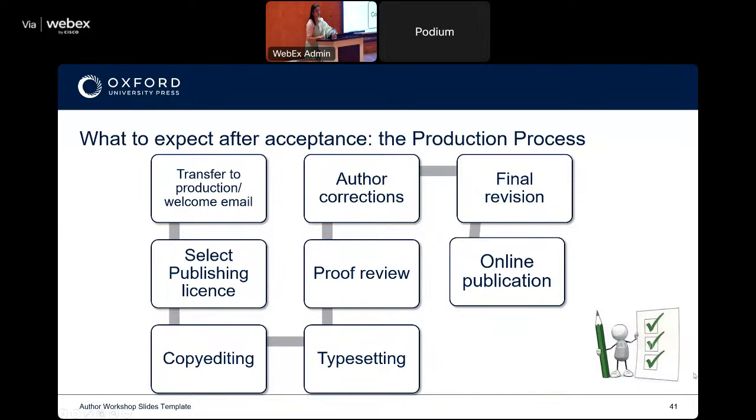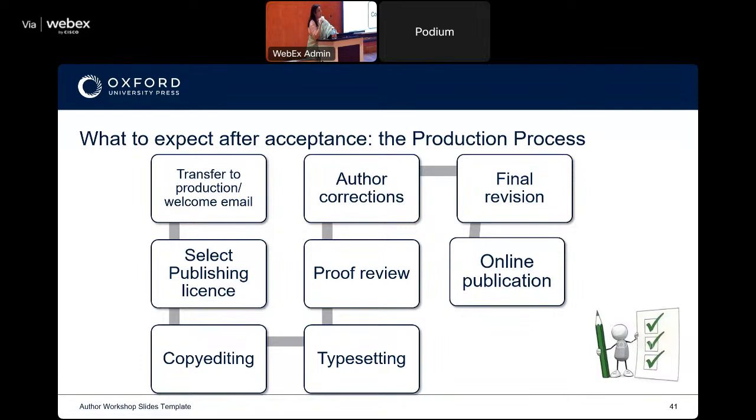We are assuming that your article is accepted. What does it do? It comes to the production company, the production team. The production team sends you an email. When they send you an email, they will send you the DOI to your article. Now, do you understand why I explained DOI? The minute your manuscript is accepted, it is not an article till it is accepted. It's still then a manuscript. Your manuscript will be given a DOI. Once it has a DOI, it becomes an article.